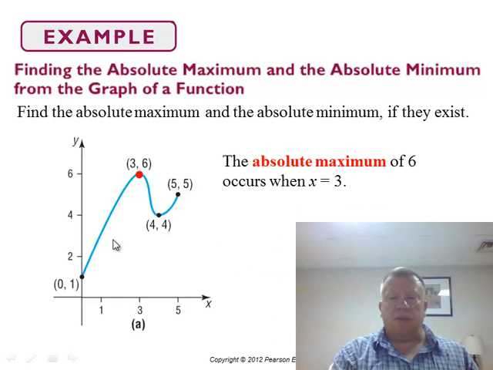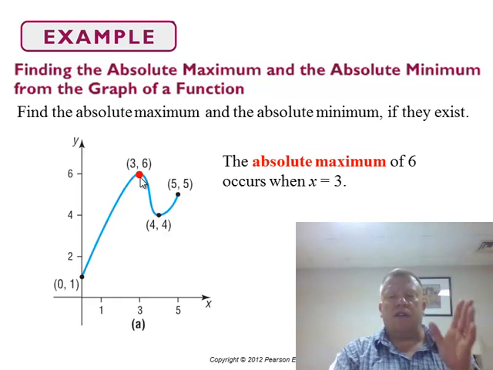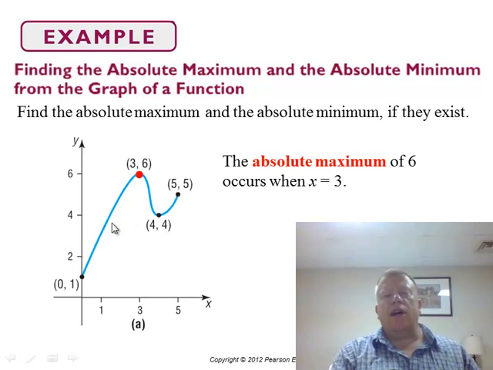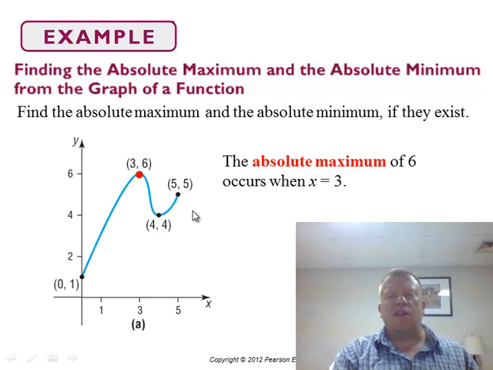The absolute maximum value is going to be right here. That's going to happen at 3, and f of 3 is 6. So that absolute maximum value is going to be 6 at x equals 3. And notice that any other functional value is going to be less than or equal to 6. In this particular case, any other values of the function are going to be less than 6. So for all x on the interval from 0 to 5, f of x is less than